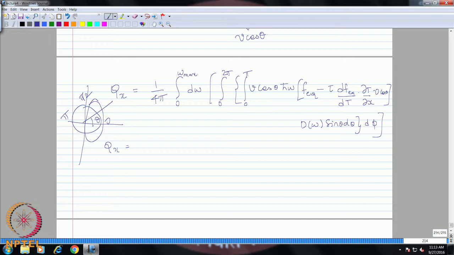You understand? Is that clear? So, f equilibrium is constant here, independent of theta and phi. So, if you just say integral cos theta from 0 to pi, 0 to pi by 2 is positive, pi by 2 to pi is exactly negative, the same magnitude. So, this will just drop off. So, it will be 0 and therefore, we end up with simply 1 by 4 pi